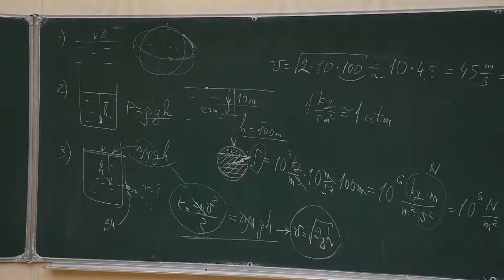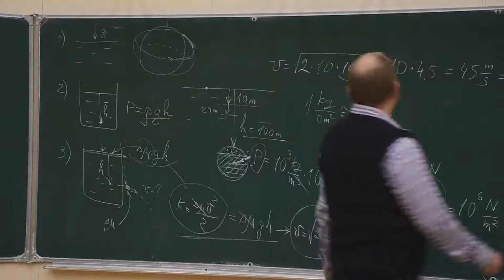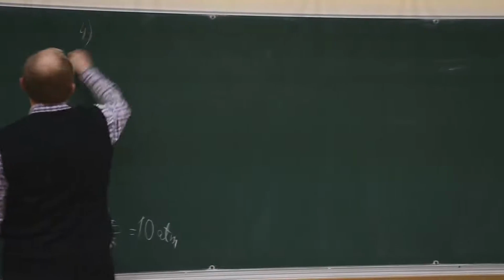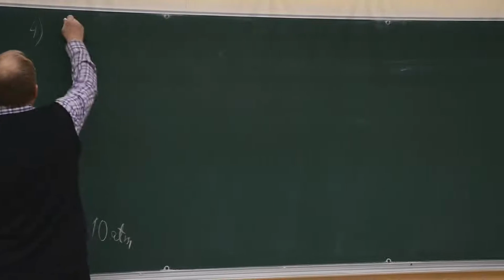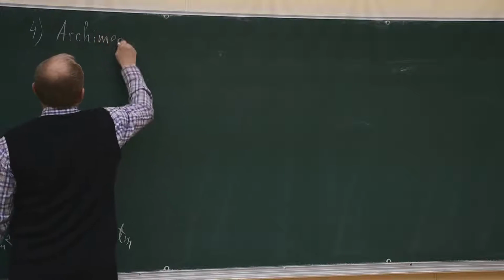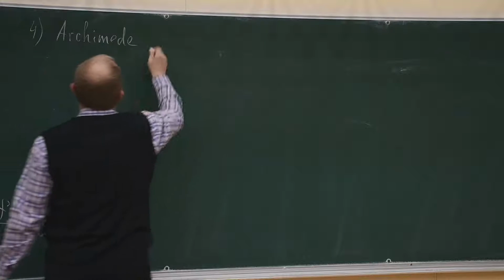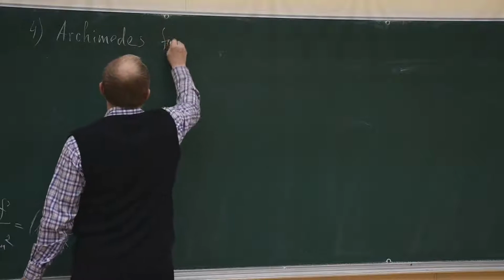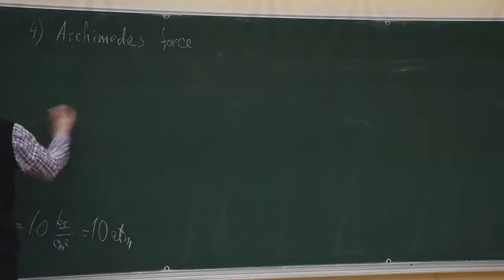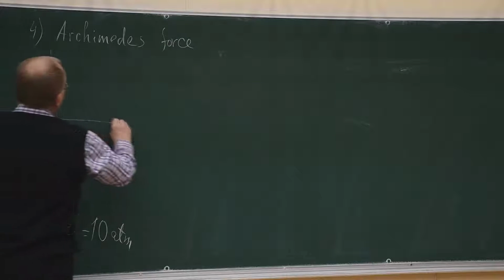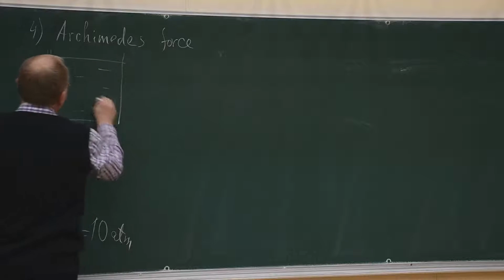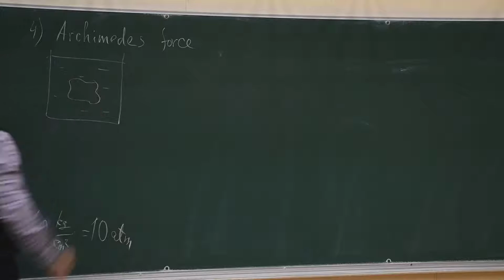Also, last time we discussed Archimedes forces, that is property number 4. Archimedes forces. Well, we understood last time that if we have a vessel with water and some arbitrary body is immersed into the water,